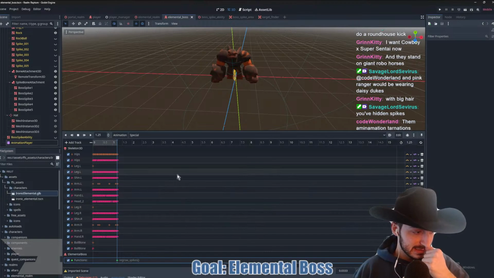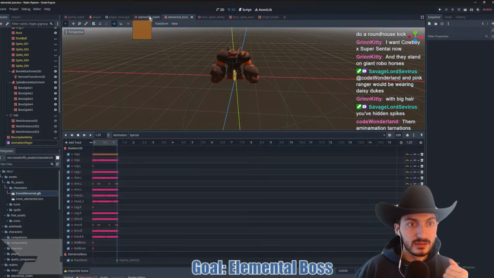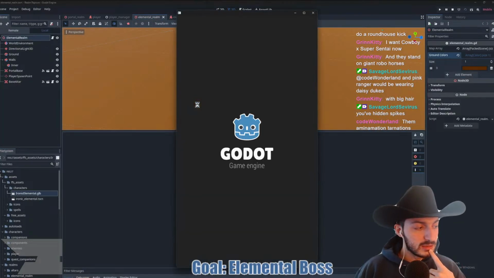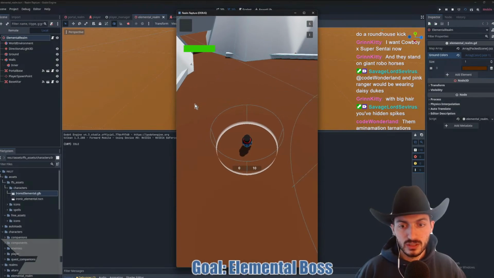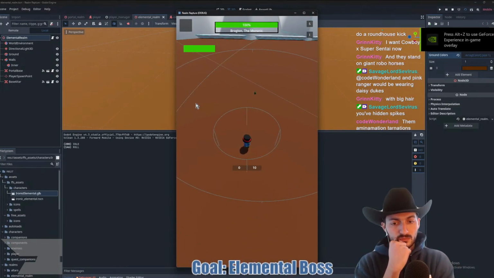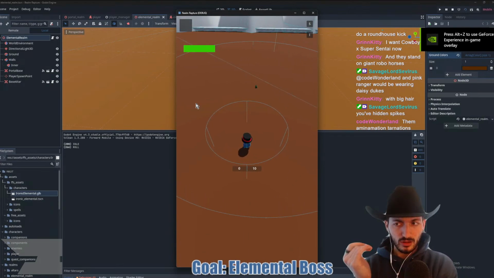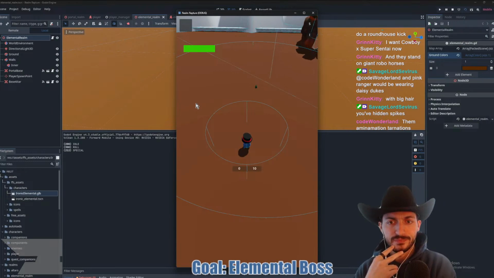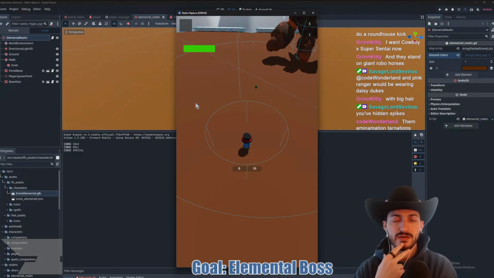You've hidden spikes? No. That's part of the code, what's supposed to do. But the odd part is that all of our method calls got unattached. Which is very strange. Or not even all of them, but just a couple of them. Just randomly disappeared.